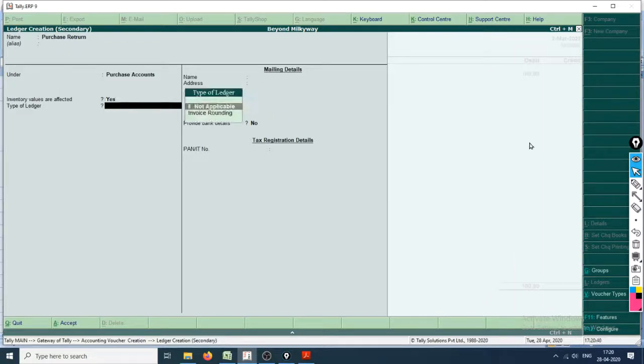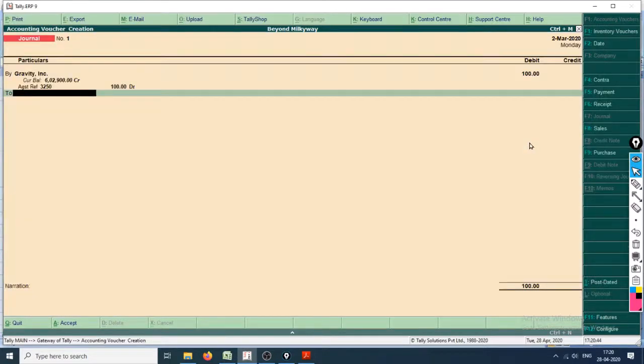As soon as you press enter, we will not press enter, we'll press escape because we'll not be doing it this way. I'll show you what Tally will do. You can enter purchase account here, to purchase account.